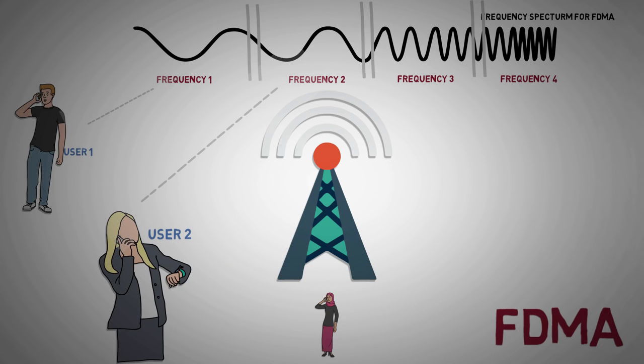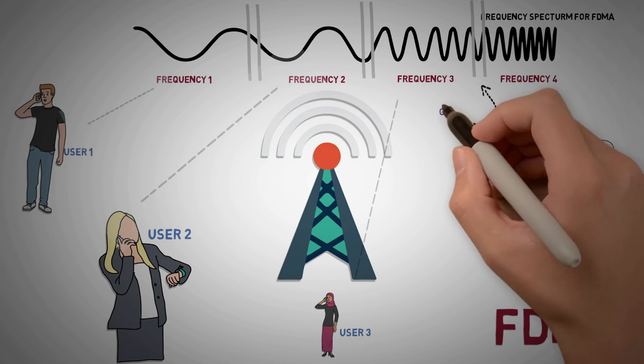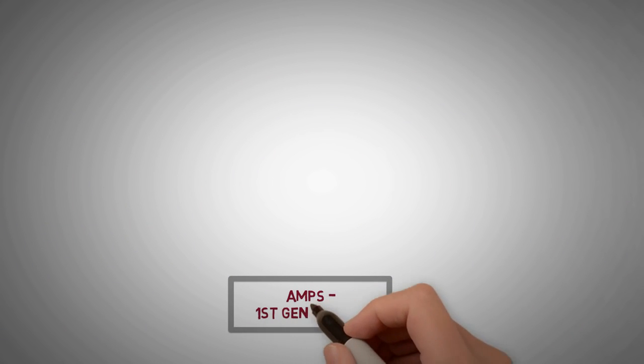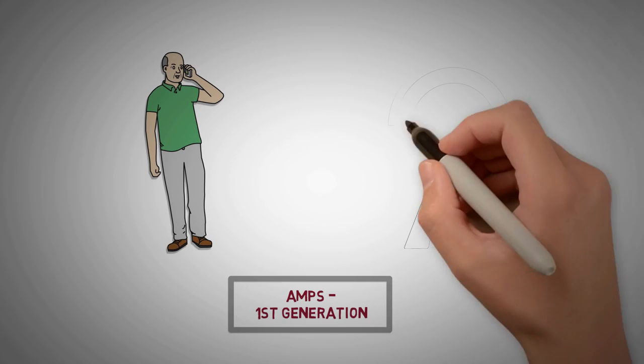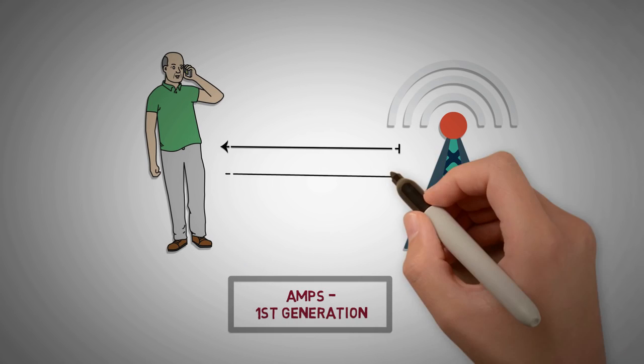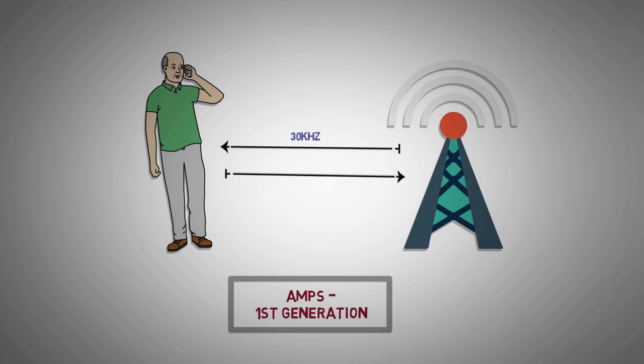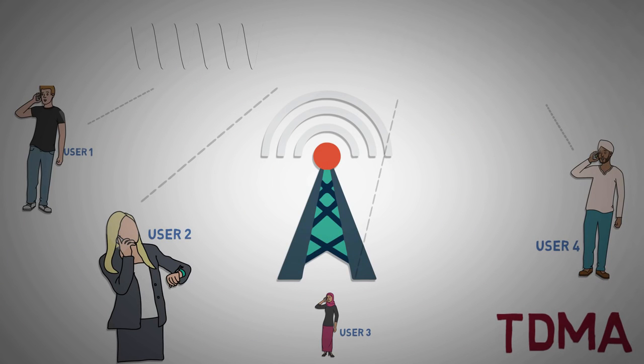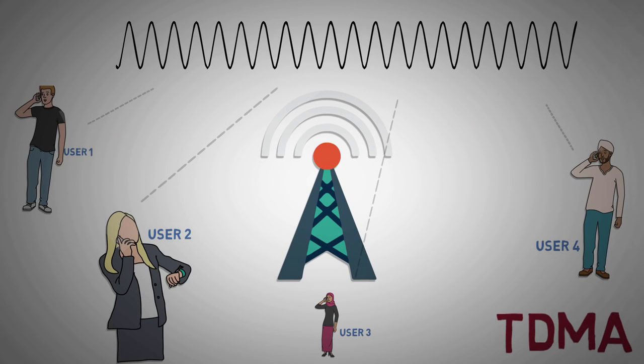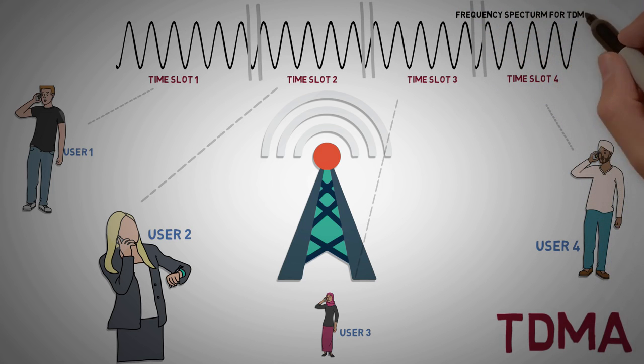Generally, the data is generated at baseband and modulated at varying radio frequencies. Guard bands are introduced to avoid any interference. AMPS or the first generation analog systems used FDMA to provide each user a duplex channel with one-way bandwidth of 30 kHz. TDMA, which uses time division multiplexing, allows multiple users to share a common frequency band by allocating different